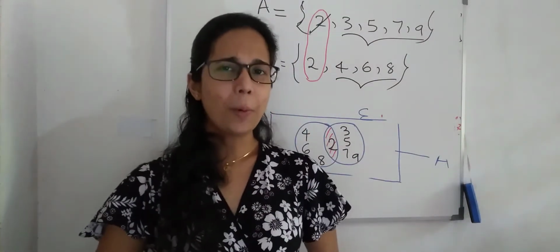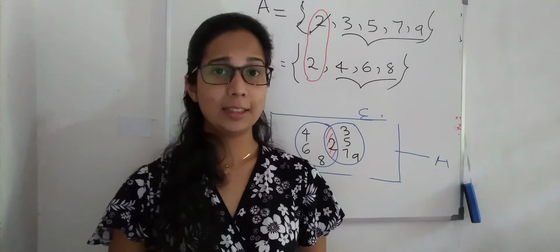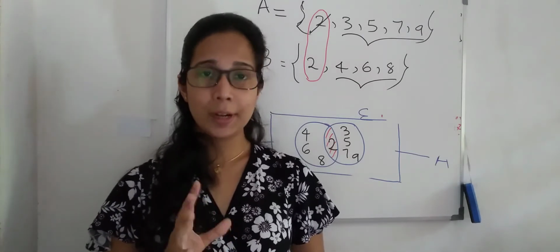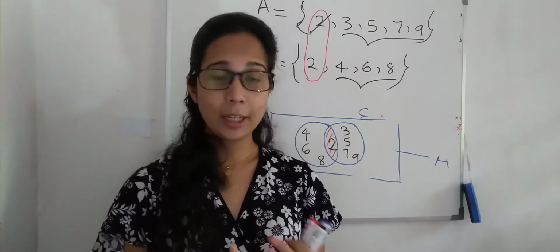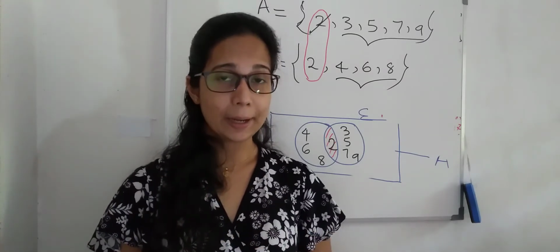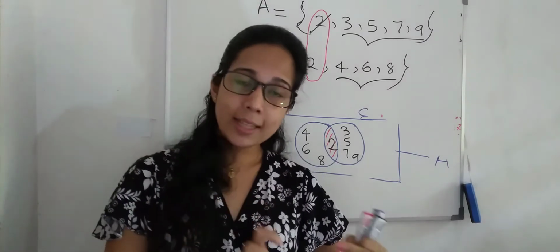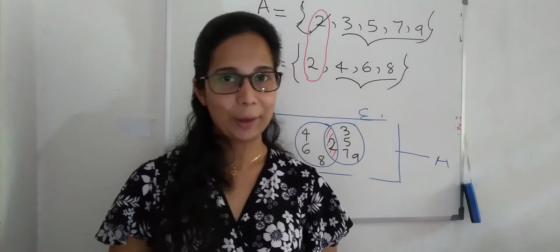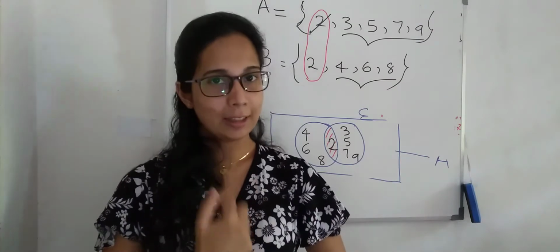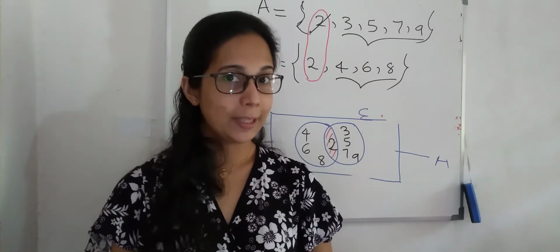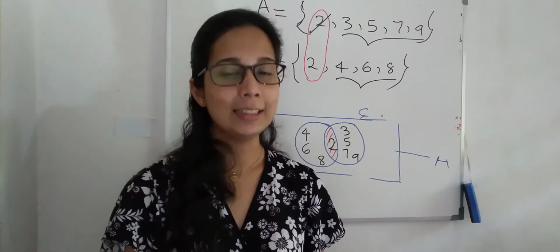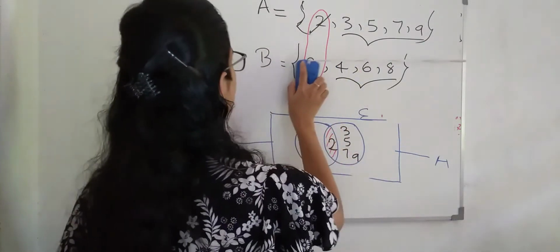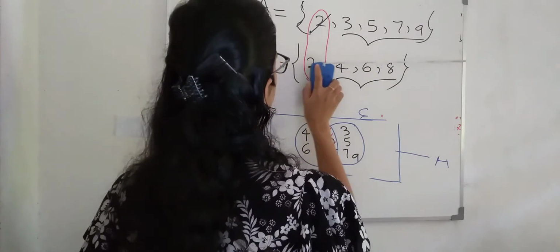And so what is the next way? What is the next situation? Next one is we have to represent two subsets of a universal set when one set is a subset of the other set. Got it? One set is a subset of the other set. Okay. Let's take an example to explain that.